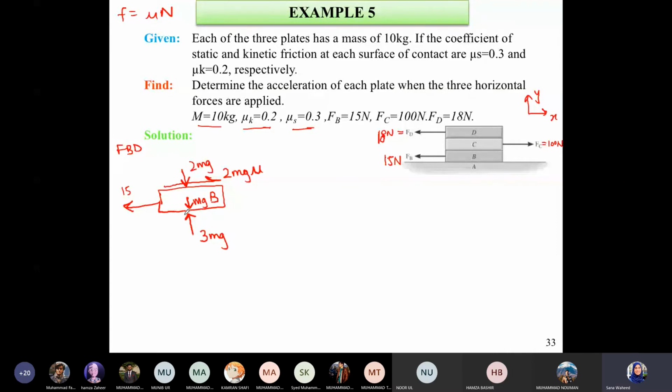Now, the friction that comes due to this normal force will again oppose motion, and it's going to be this normal force times mu. So it's going to be 3 mg times mu. Okay. So with this,